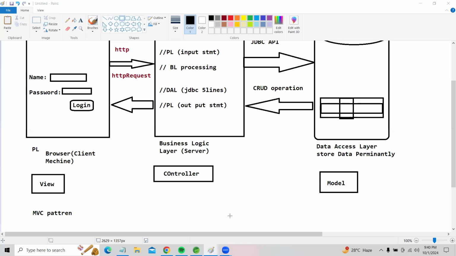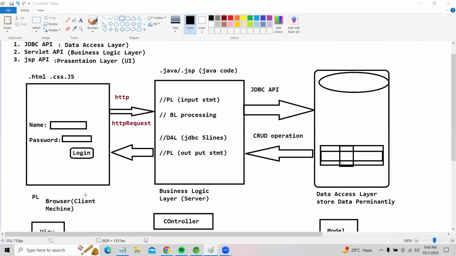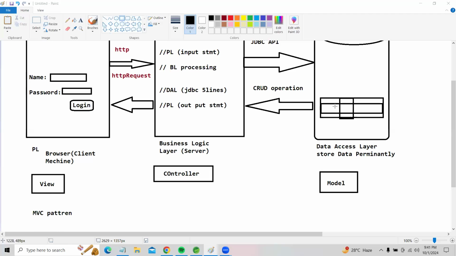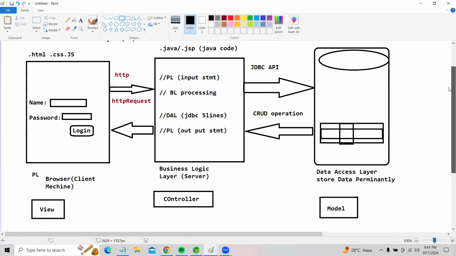And from tomorrow onwards, we will develop web-based applications in a framework using the MVC pattern only, my friends. Then why, sir? We are already developing web-based applications happily with Servlet and JSP. Why use a framework here?